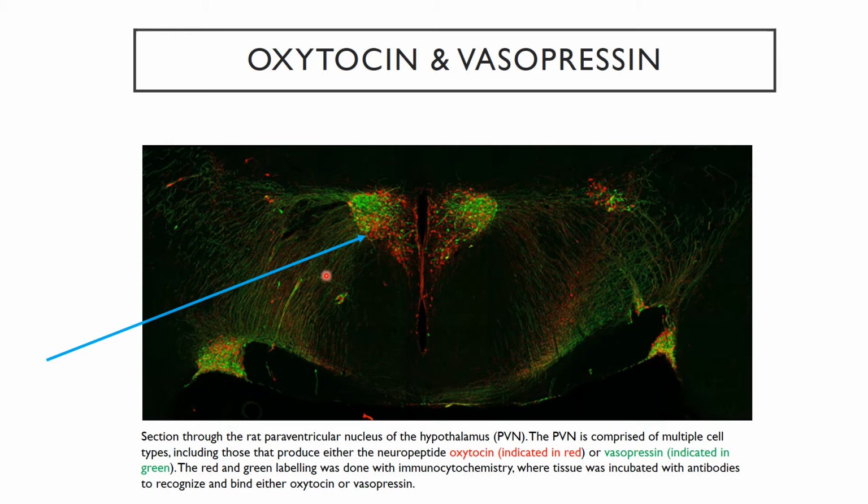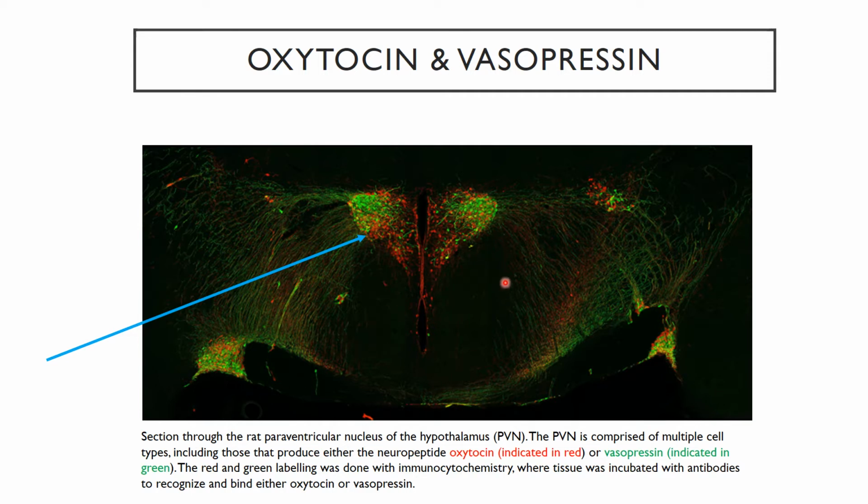So where are magnocellular cells located? We can identify location, obviously, through doing basic immunostaining procedures. And so what we've done here is that this is a coronal section of a rodent hypothalamus. Ventral is down here, dorsal is here. This is the ventricle here, the third ventricle, this little space here. And this location here is the paraventricular nucleus. You can see this is the ventricle, and this is running right along the ventricle, sort of more on the dorsal side of the hypothalamus.